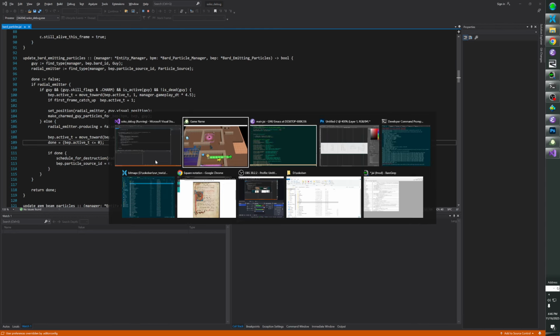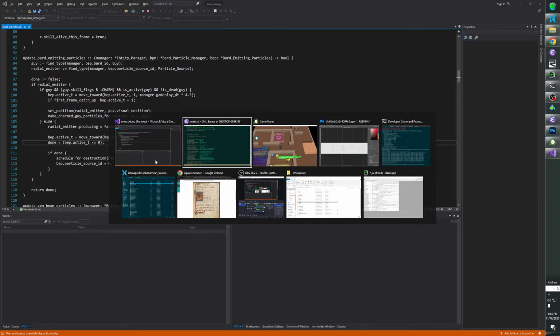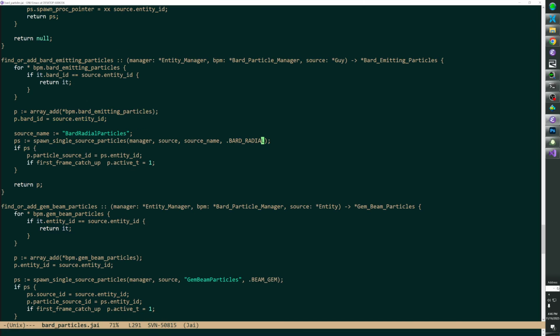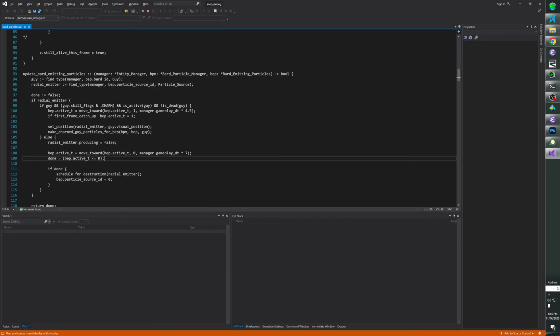So it's obvious we don't have to attach the debugger. Now, is it good that the radial emitter doesn't exist? No. So, well, let's figure out why that